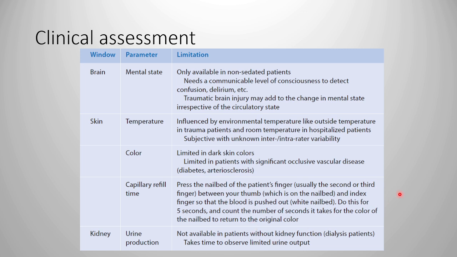So clinically, whenever we assess the patient initially, assessment of brain and level of consciousness, orientation, recall, memory, alertness, awareness, gives us an idea about the mental state and brain perfusion. If you have impaired perfusion, then your child may be lethargic due to the hypoperfusion and inadequate oxygen supply to the brain. Skin gives us a lot of parameters like deranged CFT, increased CFT, which is more than 2 seconds is abnormal, core to peripheral temperature difference, mottling,